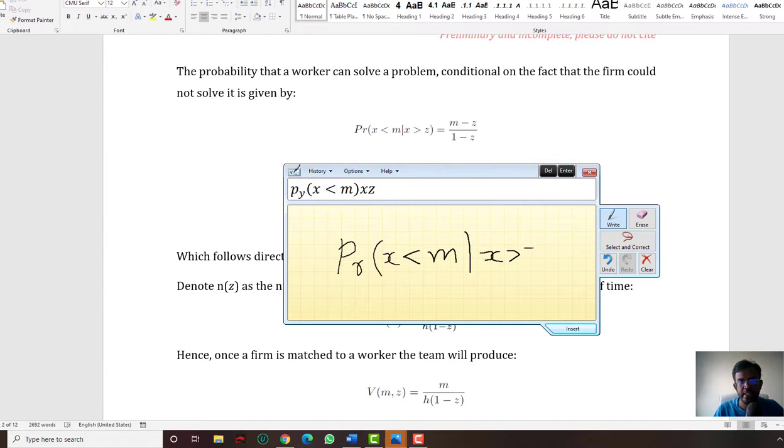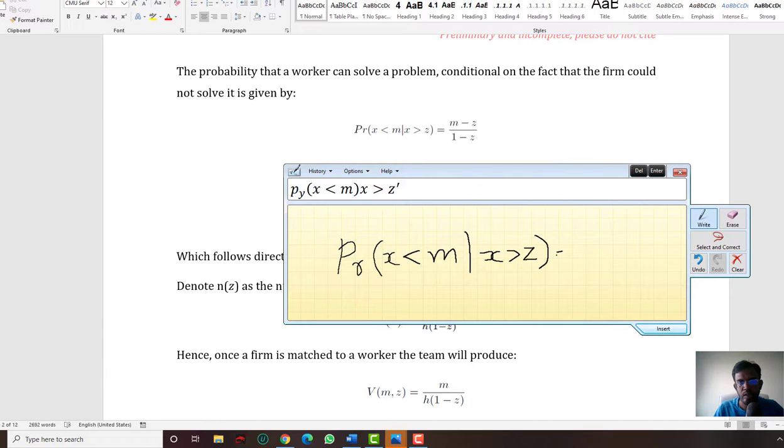See, now it has changed, is equals to M minus Z divided by 1 minus Z.